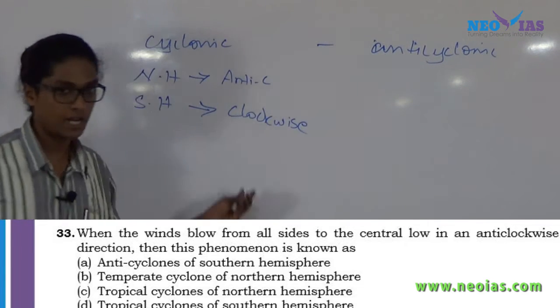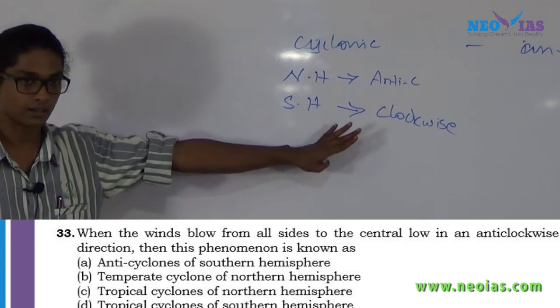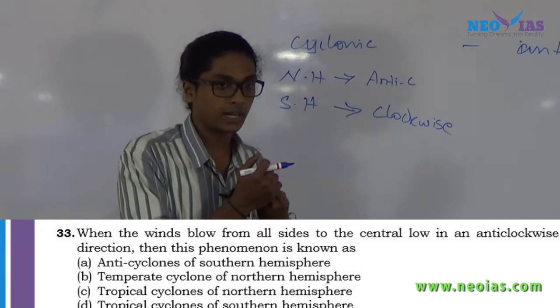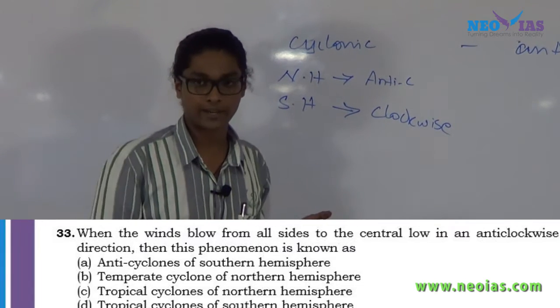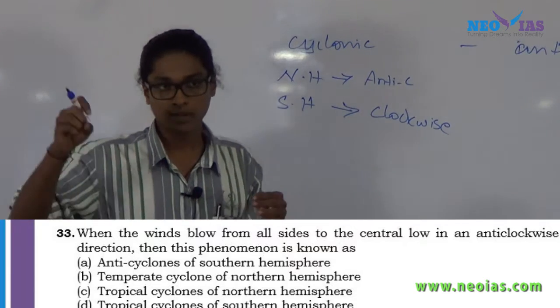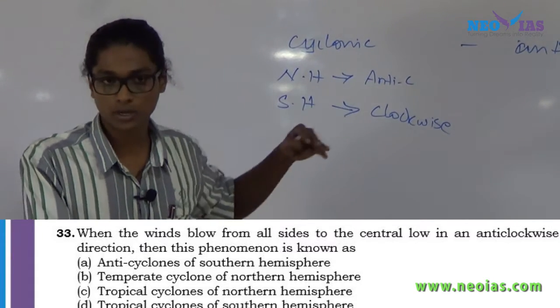See, I am not explaining how this came into being, right? It is related with the Coriolis effect. This is given in detail in our climate material, I guess it's there in the third material. If you have doubt in this concept, how it is affecting the wind pattern, you can go through our material.